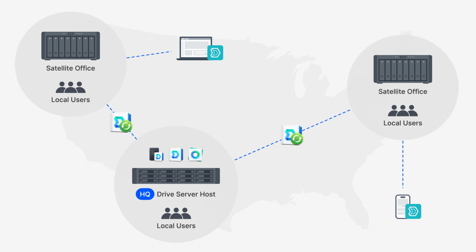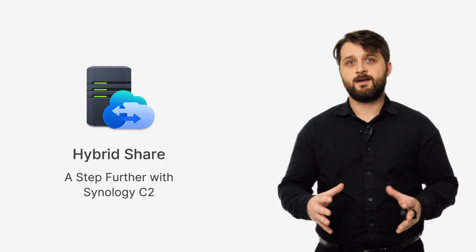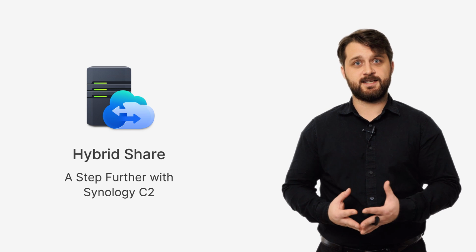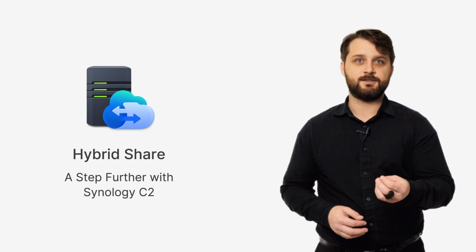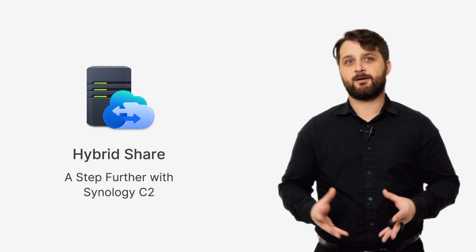So let's take a look at some other pointers that we have for doing global file locking if that's something you need, particularly if you're utilizing any CAD programs. One of the applications you're going to need to use if you do need that global file locking is something called Hybrid Share. Now, this was a new feature that came out with Synology's DSM-7, and it uses the Synology C2 Cloud, particularly Synology C2 Storage, to create a hybrid share environment.